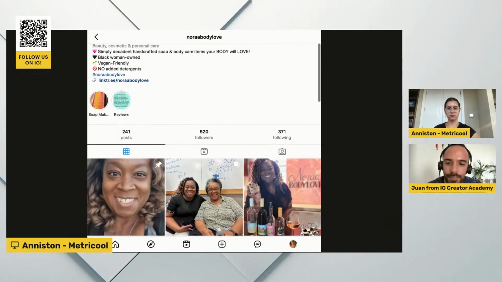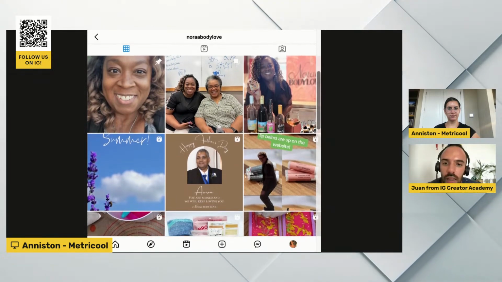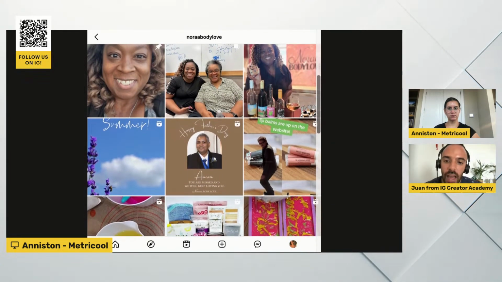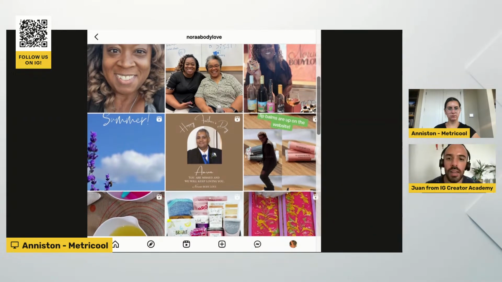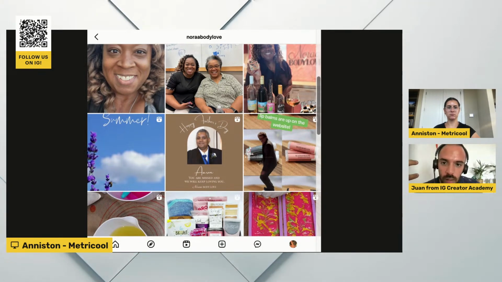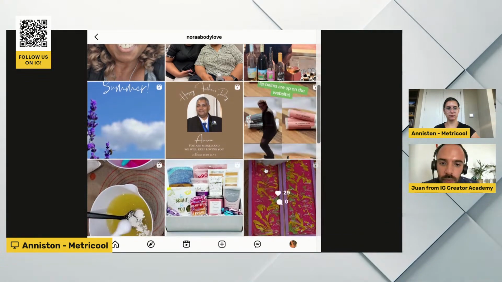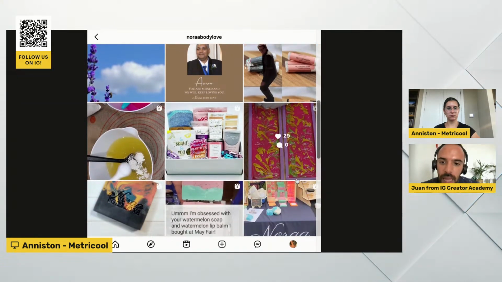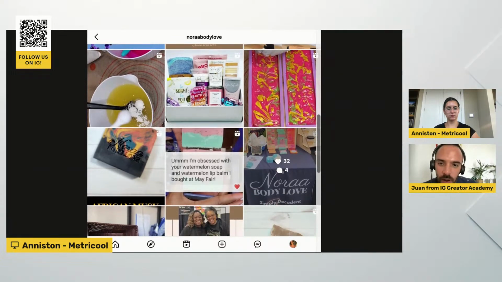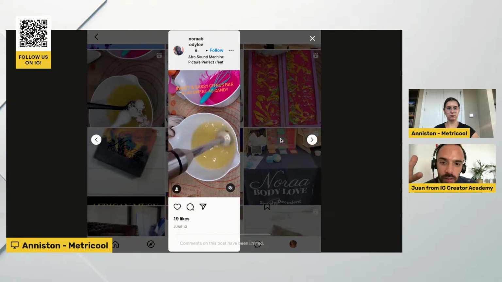Can we scroll down then? Okay, so this one, even though it's a product business, I can see that there's more humans in the photo. Well, there's you. Can we scroll down more? I like that, for example, there's a reel there where you are probably showing how you make the product.